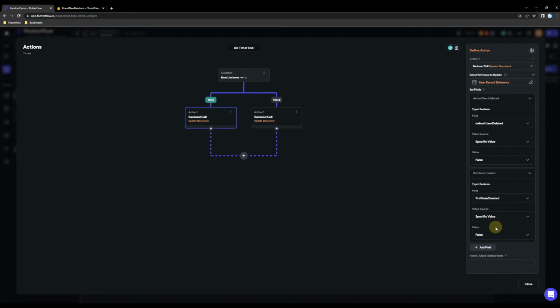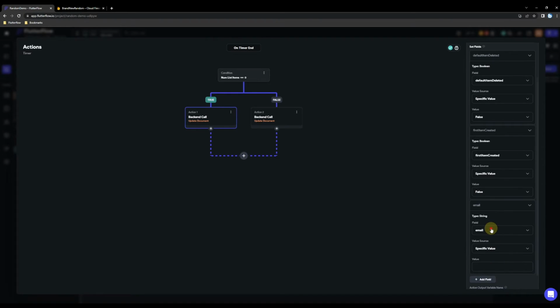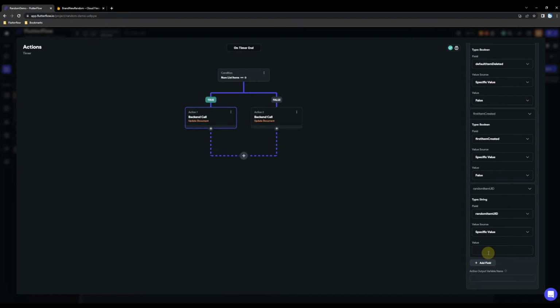So this is gonna be false again as well, otherwise the whole thing will break down. And random item UID, we also want to set to specific value and leave the field empty so that it is again reset. And then here in the middle